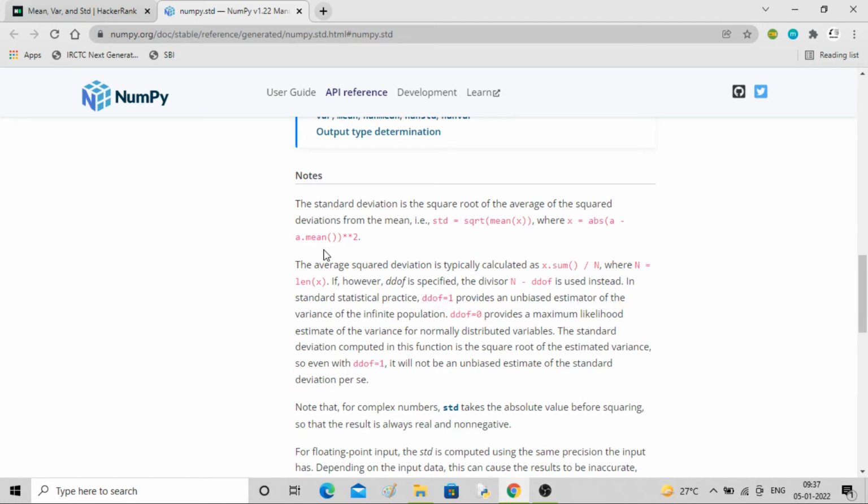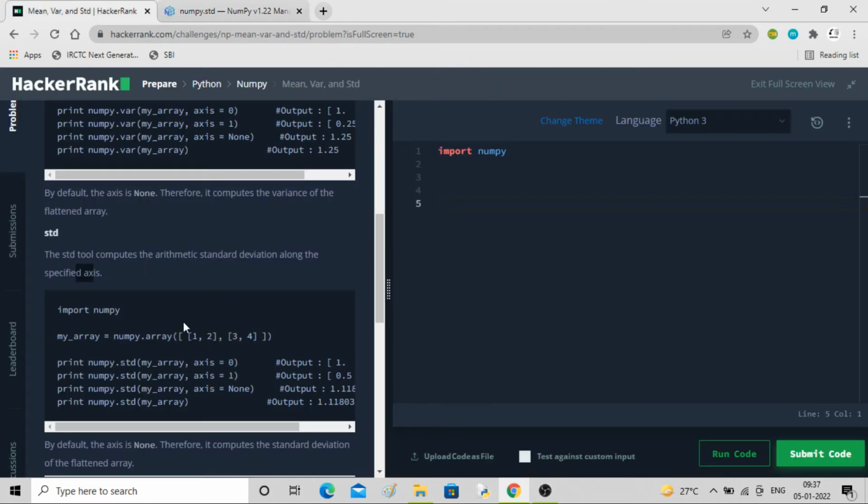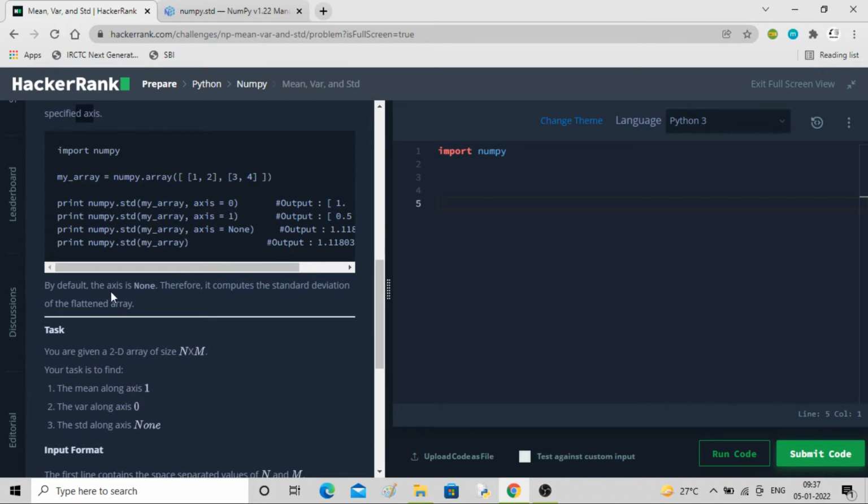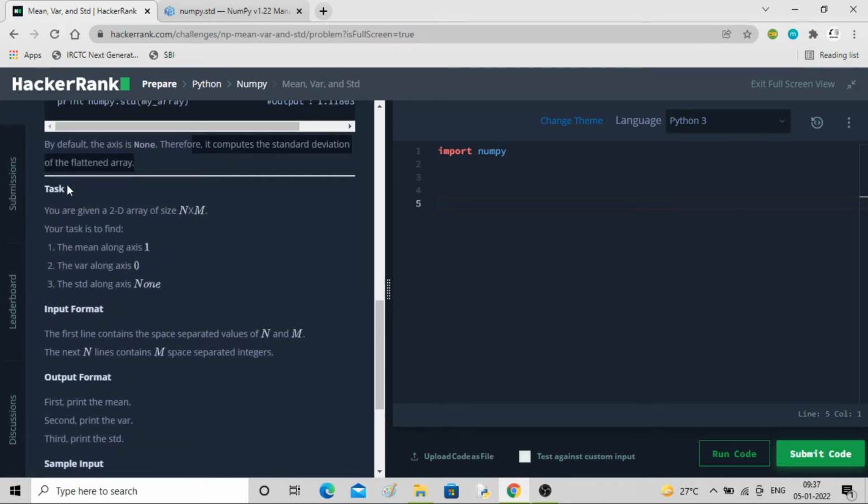So that is the square root of variance. Here you can calculate it if you want to, and you will get the result. Axis is none, therefore it computes the standard deviation of the flattened array. These are all things you might already be aware of. It's 11th and 12th class mathematics.